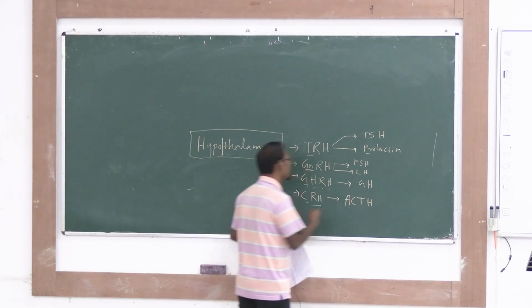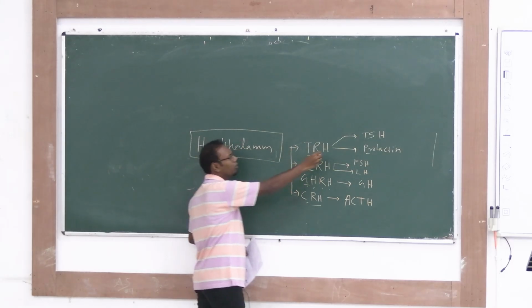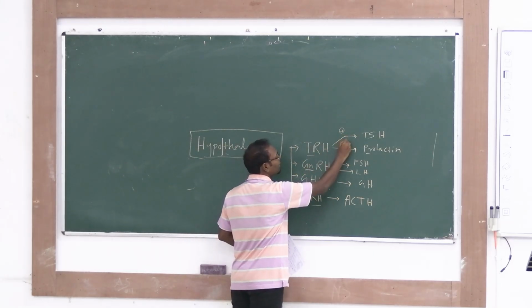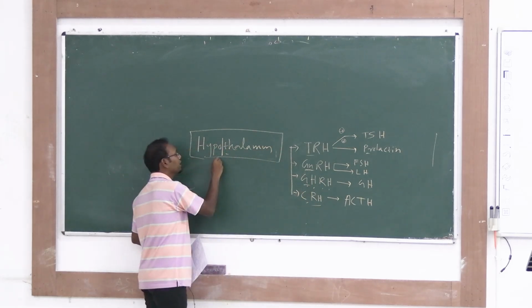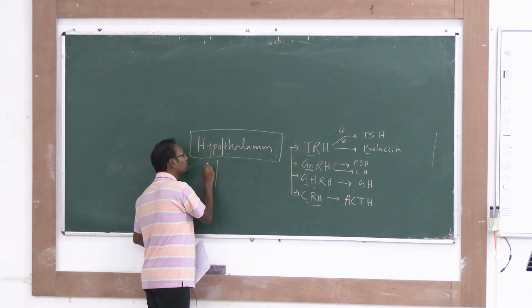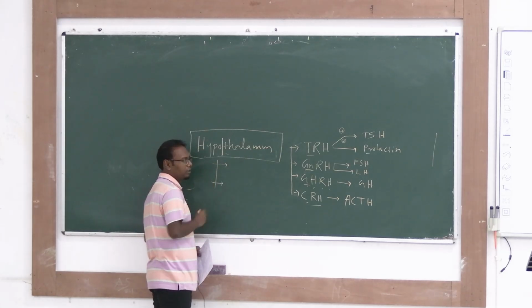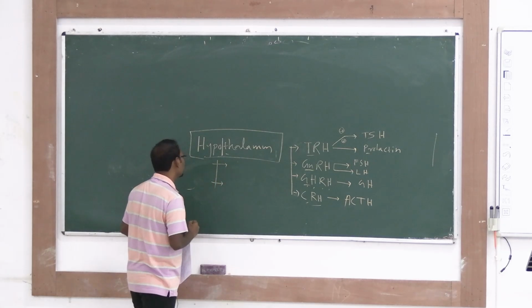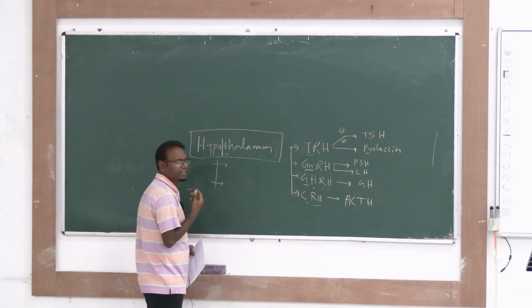ACTH. Okay, so these are positively affecting, they are releasing these. But there are also two very important negatively affecting hormones as well. They are two in number. The two names are, one is prolactin inhibiting hormone, like